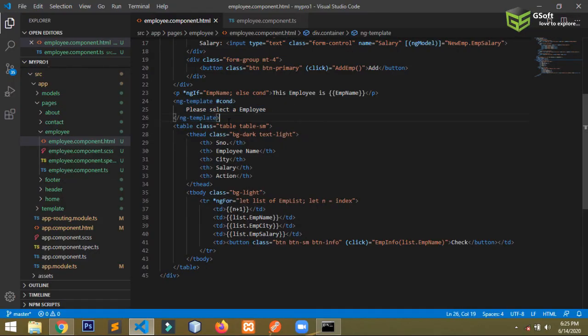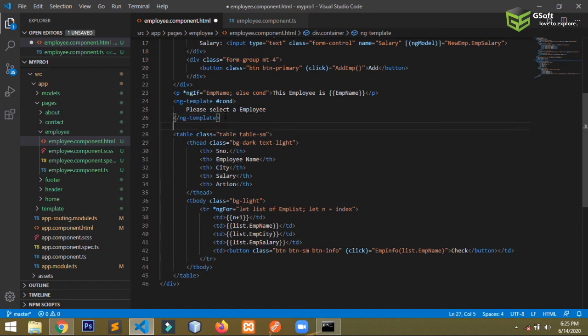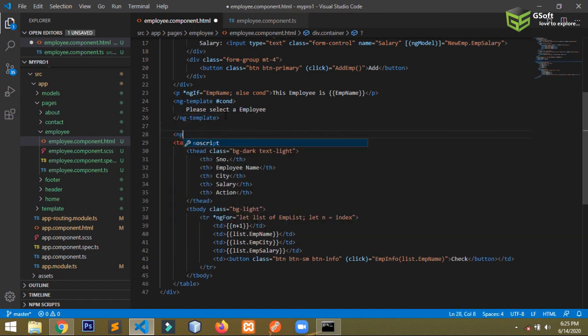Now I will be showing you how to use the other one. So for that you have to just write ng-template here, and here you have to use ngIf equals to.